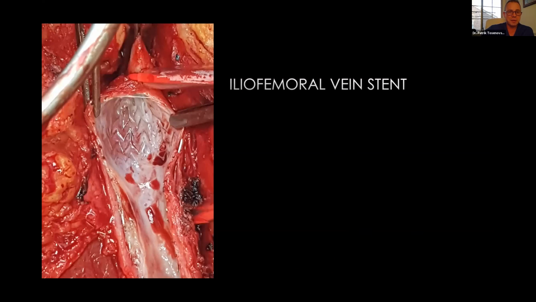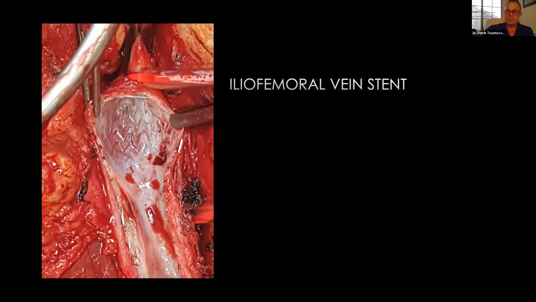A few slides from the open side. This is, for example, a common iliac vein stent, which was opened 4 months after the implantation, and I just wanted to show you how the stent in the iliofemoral segment nicely re-endothelialized in 4 months. You can barely see the struts, and the reason for the reopening of the femoral vein was that the reconstruction was gradually failing, and the flow was slowing down, so I had to improve